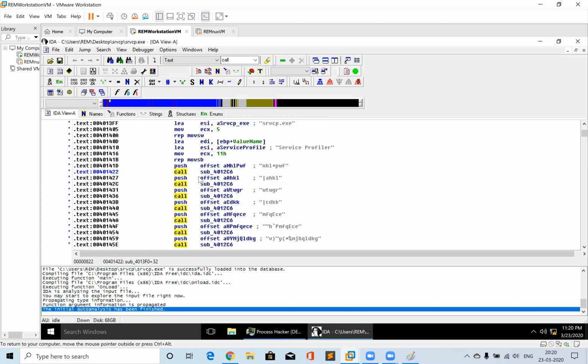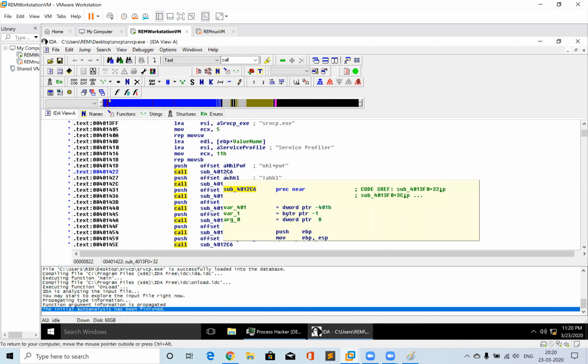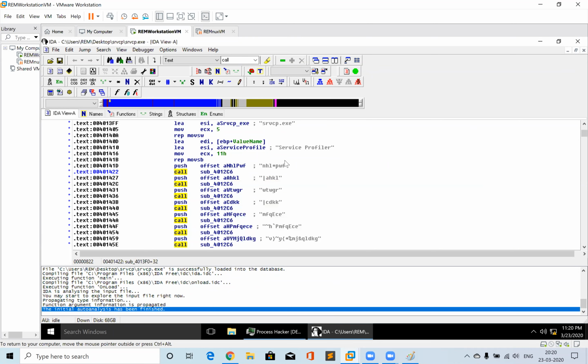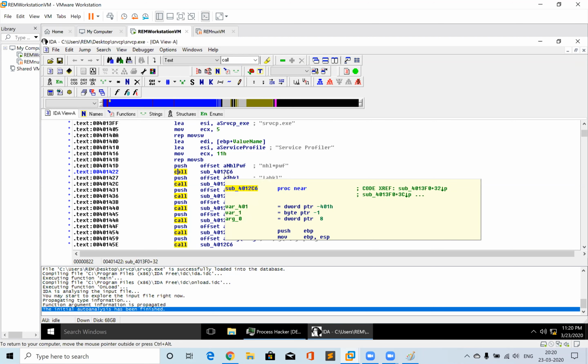So it seems like this function, sub_4012C6, is kind of a decryptor, that it is taking some encrypted or maybe encoded value and decoding that, and then returning it or saving it to some other part. Okay, so we will see if that is indeed the case, that this function is indeed a decryptor function. So what I will do is now quickly,